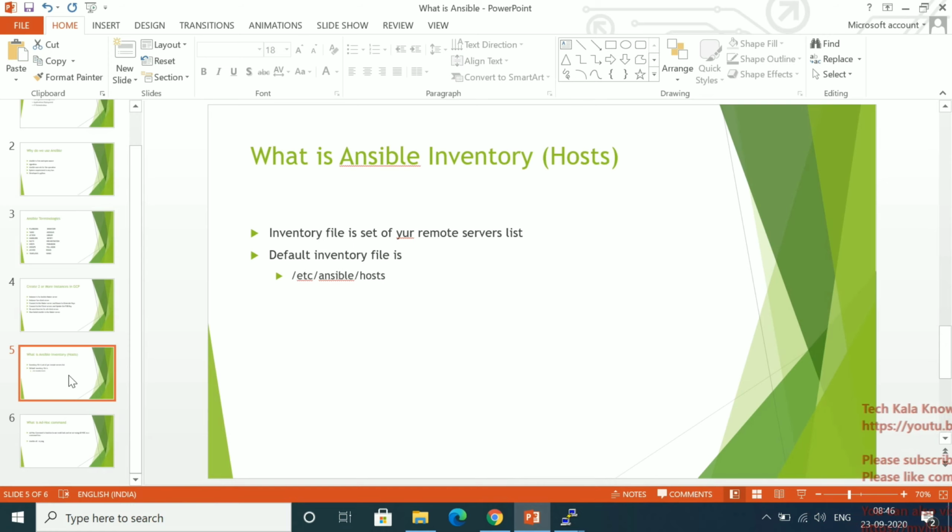So the inventory file is nothing but a text file, and that text file is a set of your client server list. Suppose you have like 100 or 200 machines, like VMs, and each is a host, a client. So how will Ansible understand where it has to perform the task, on which machine? When we are running any Ansible ad hoc command,